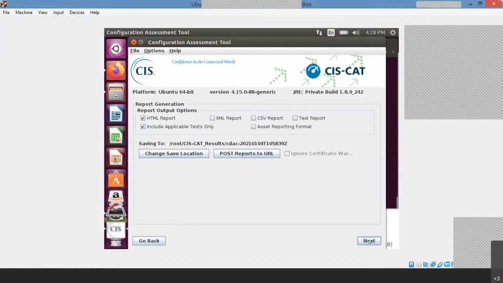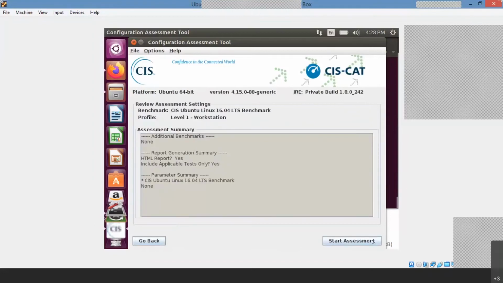Okay. See, it is saved here. Root is in, and start the assessment. What if I choose a wrong option? If you choose a wrong option, you will not get the results properly, sir. I mean, if it is a workstation, you have to select workstation. If it is solely a server, then server kind of steps will be displayed there.